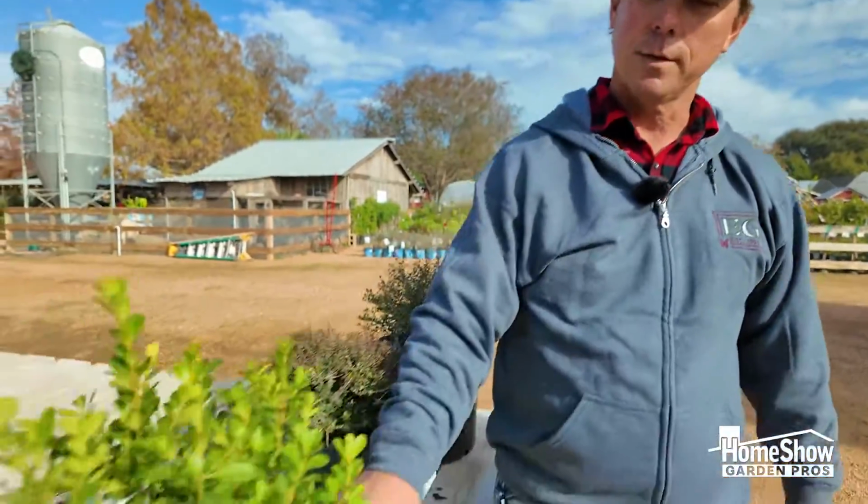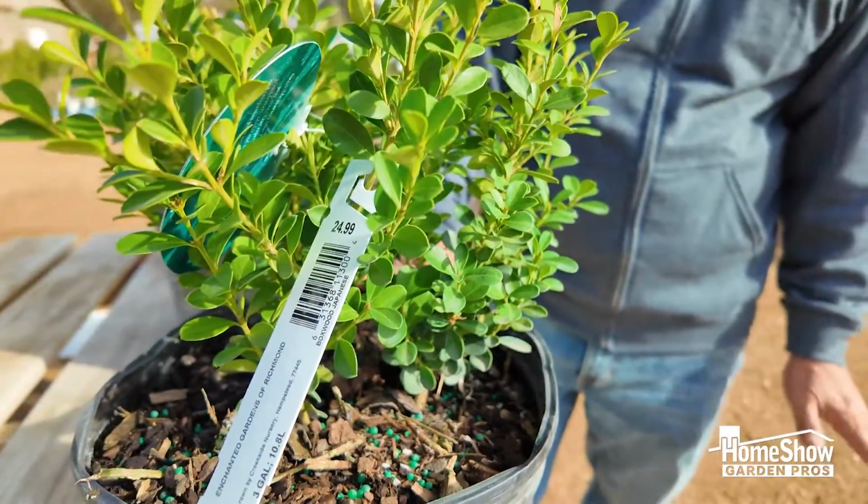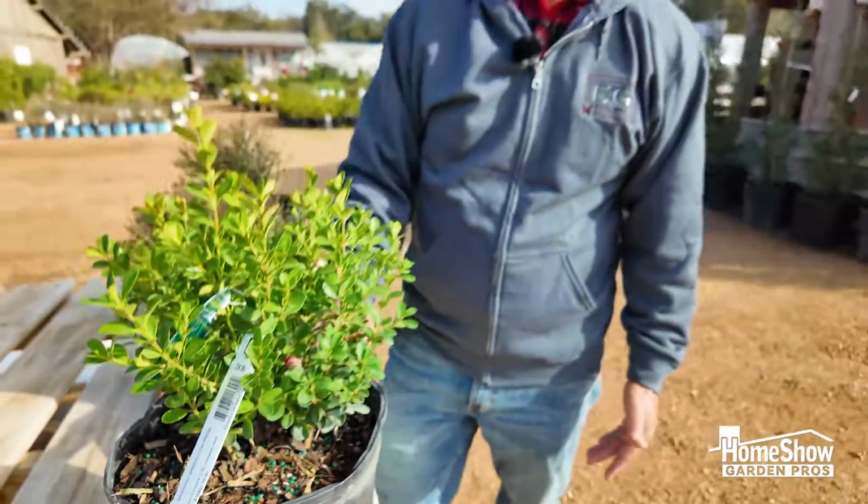Today we're going to talk about some problems that folks have been having with boxwoods. This is a Japanese boxwood. There are thousands and thousands around the Houston area. In recent years, there's been a decline in the boxwoods called boxwood blight, where they'll slowly start dying off